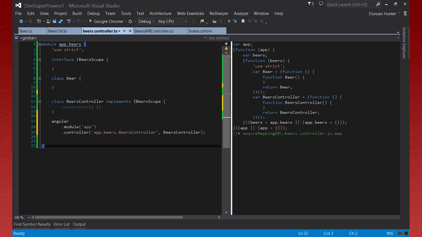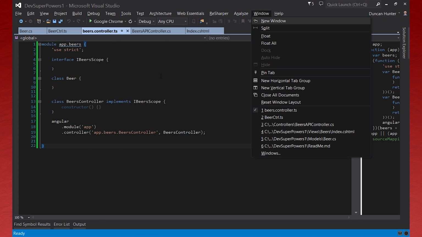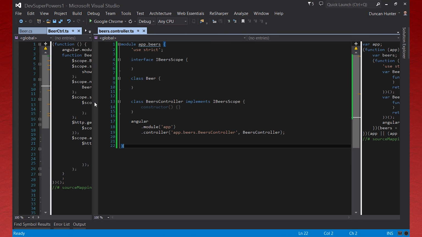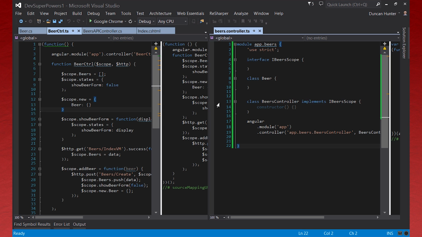So this is the bare bones, push control save. This is the bare bones of what you would expect to put in an Angular controller. So let's actually go forward now and convert our beer controller from Ben into this controller, our beers.controller.ts file. So I'm just going to give us a bit more space and move this over to the side. Push Alt-W-V to split the screens and just give us about 50-50 here